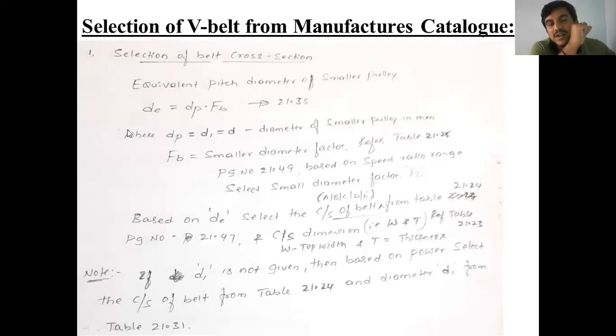Those constants, those numerical values, come from hands-on experience of the person. We utilize that experience. They made some values based on their experience, then they use those values directly. Here so many factors are considered. That's why it is called a manufacturer's catalog, similar to how we design a component.